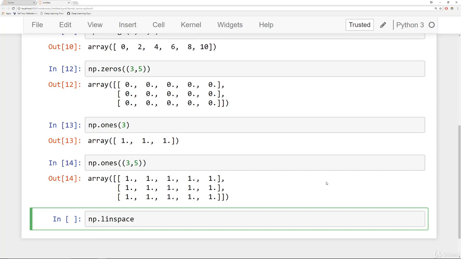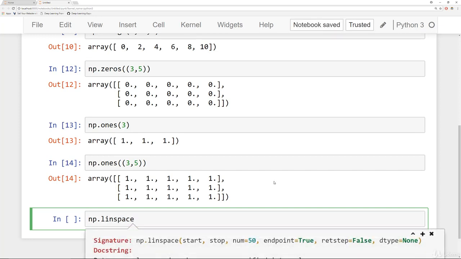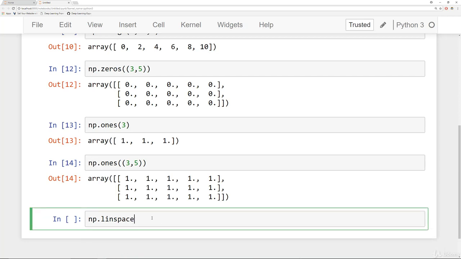And there's ways of creating linearly spaced arrays. So there's linspace, and basically linspace works by you providing a starting point, a stopping point, and then the number of elements you want evenly spaced, or linearly spaced, between the start and the stop. For example, if I want to start at 0 and go to 11, and I want 10 points there,